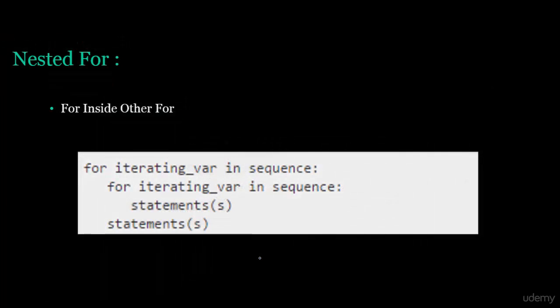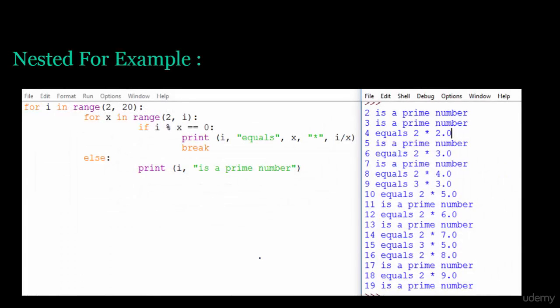Okay. A nested for is a for inside another for. This is a prime number example of nested for. For i in range 2 to 20, we go into another loop: for x in range 2 to i. If i modulo x equals 0, we will print i equals x times, and this will give us